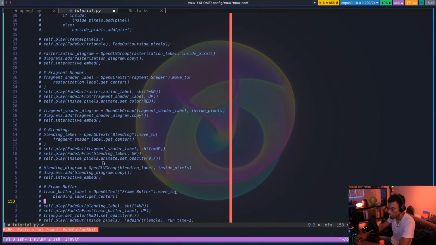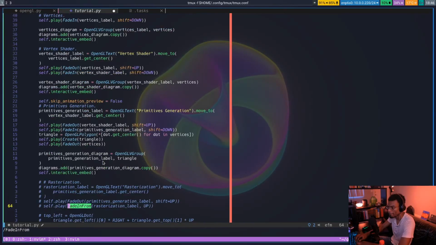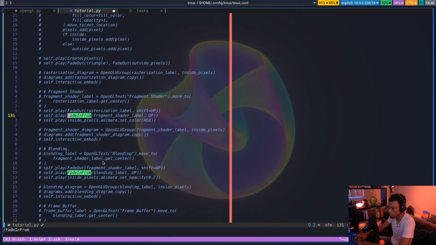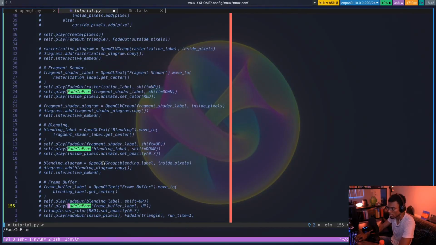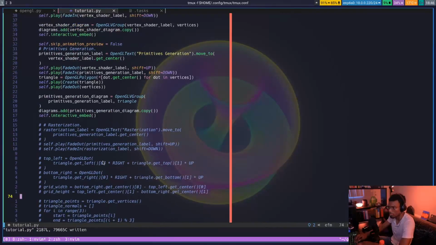Also shift up. And fade in from. I'm just gonna change all of these first. That should be shift equals down. That should be shift equals down. Okay, that's the only ones. Okay, so now maybe